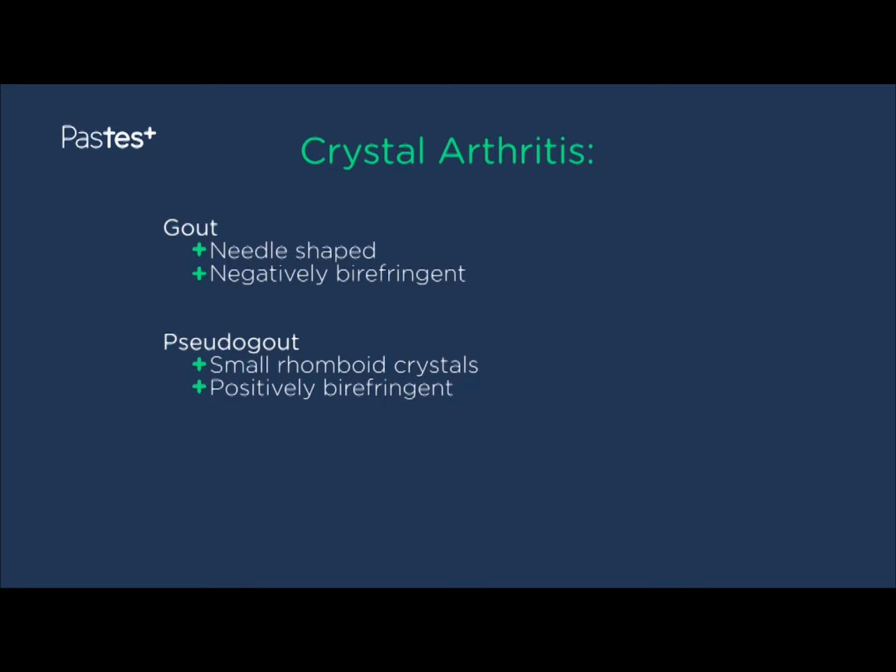Pseudogout probably is common, but a different population. Gout tends to affect young people in their 30s or 40s or 50s when it first presents. Pseudogout is a condition which tends to affect people with underlying osteoarthritis. More common as you get older, so often people over the age of 65, 70, more common in women. And it's probably a reflection that people who have osteoarthritis, who have cartilage damage, will release some of the bony mineral into the synovial fluid. And calcium pyrophosphate is, of course, a component of the bone mineral matrix. And for some reason in some people, and we don't know why, those crystals cause an inflammatory